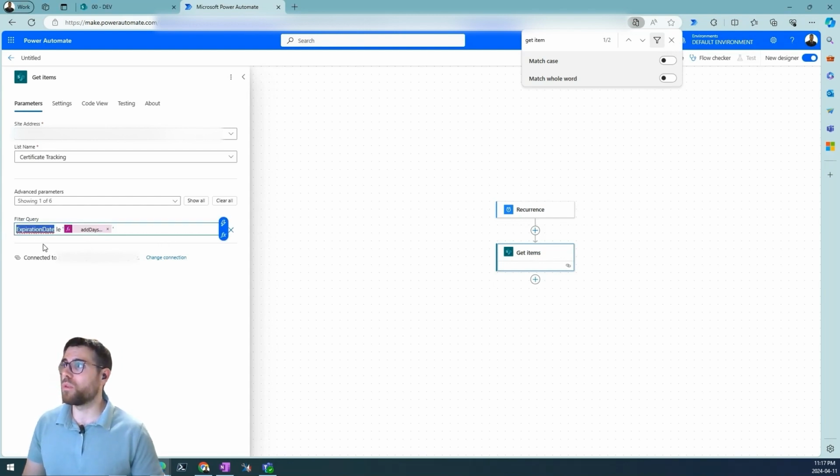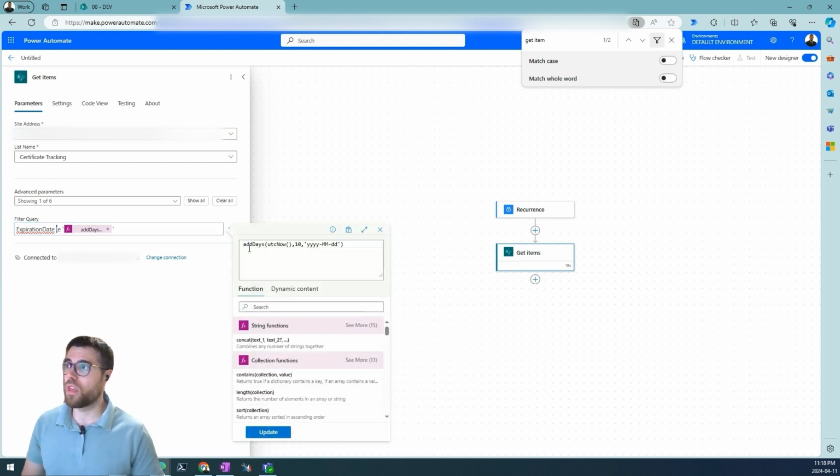And basically what we're saying is expiration date. This is the column that we're going to filter, right? LE means less or equal. And here we put a formula that says addDays, so that's from today plus 10 days. And this is the format that we want the date to be retrieved, because this is the format of the date that we use to compare against